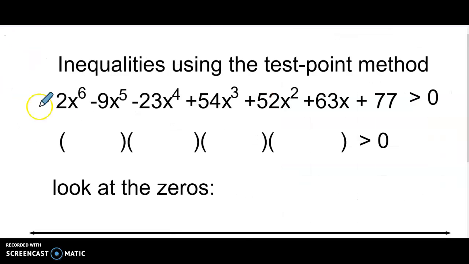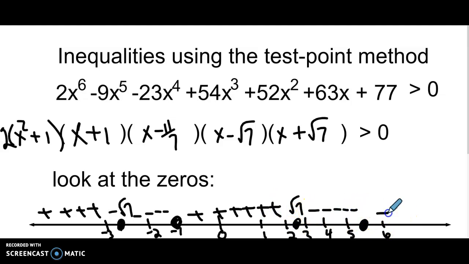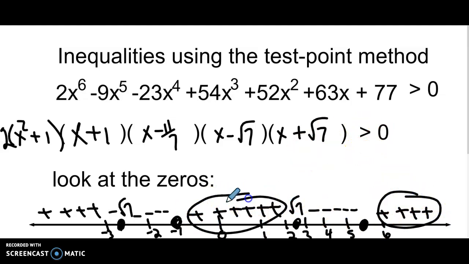I would graph it like that instead of doing the test point and looking at the zeros, which is another option. The other option is to use the test point method, where we put all our zeros on the number line, and I put in things before negative square root of 7, like maybe -3. I find out they're all positive there. I put in maybe -2 and get a negative. I put in maybe a 0 and get positive. I put in something in between here and I get negative. I put in 6 and get positive. And then since it was asking for greater than 0, I just use all